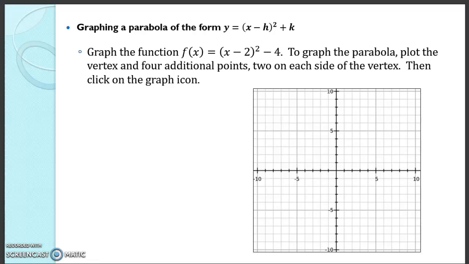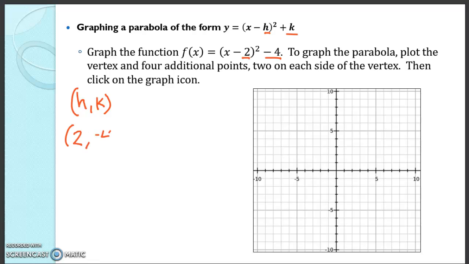So remember, when we have a parabola, the vertex is at the point (h, k), where h and k in our vertex form of a parabola are found right there. So for f of x, our h is 2 and our k is negative 4. So our (h, k) is at the point 2,